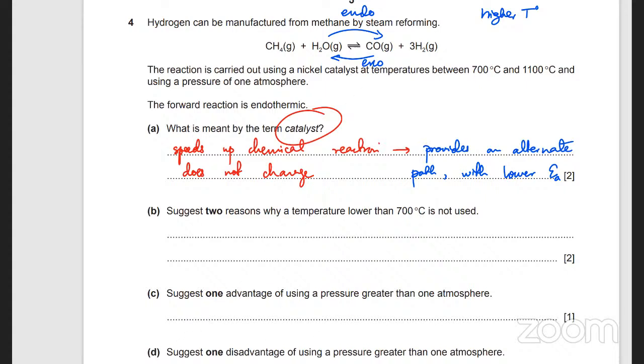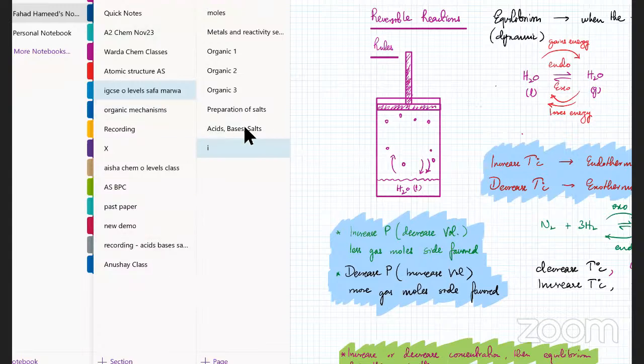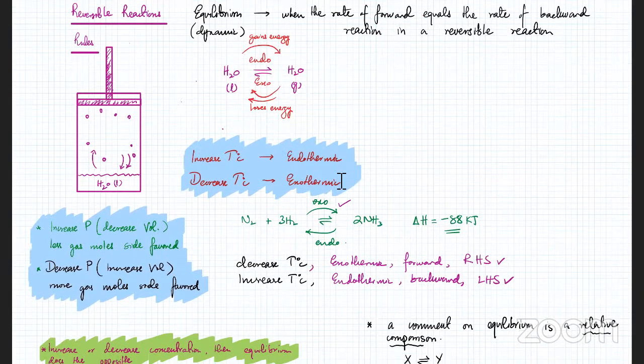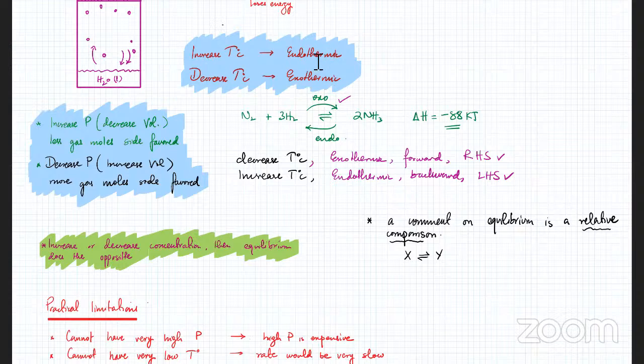हायर टेम्परेचर, ठीक है, ये फिर से वो खोल भी लेता हूँ, 6 रूल्स, ठीक है, with I guess it was this one। अच्छा, so remember higher temperature favors the endothermic, ठीक है। लोअर टेम्परेचर किसको फेवर करता है? It favors the exothermic. प्रेशर इंक्रीज करोगे तो less gas mole side will be favored and if you decrease pressure then more gas mole side would be favored। और फिर थर्ड रूल है कि if you try to increase or decrease concentration of something, then the equilibrium is going to do exactly the opposite। तो ये 5-6 rules हैं इसके equilibrium के।